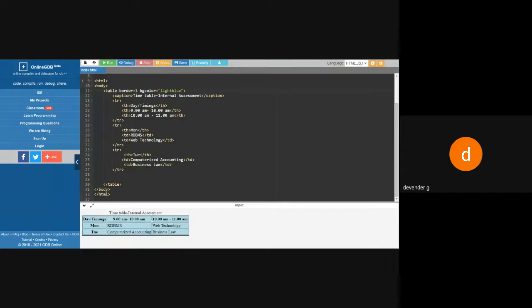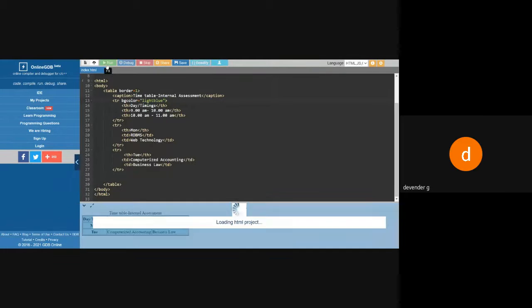I don't want it for the entire table, only for this particular row, and only for this particular column. I don't want it for the data. Then I have to remove this background color. Wherever it is required, you just keep it for that. It is required for this particular row, so in the TR, you just go and put it. Then run it and check it.